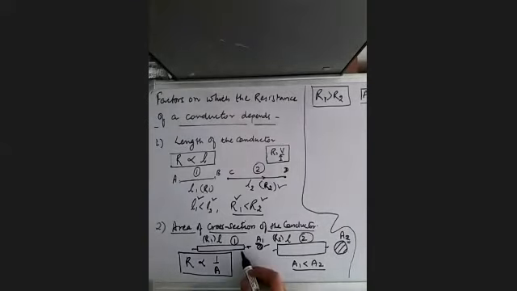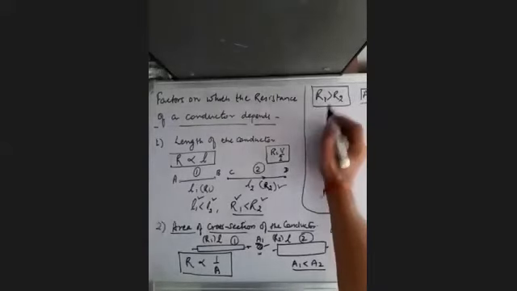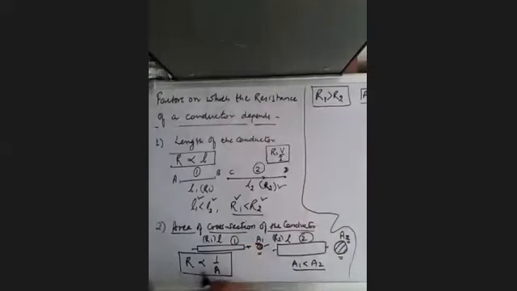So the conductor which is thin has more resistance than the conductor which is thick. Okay. So you take two wires of similar material, same length, in the same laboratory, same environment, same temperature, but the only difference is the area of cross section or thickness. Then the wire which has smaller thickness, smaller area of cross section will have larger resistance. So that is why it is inversely proportional.